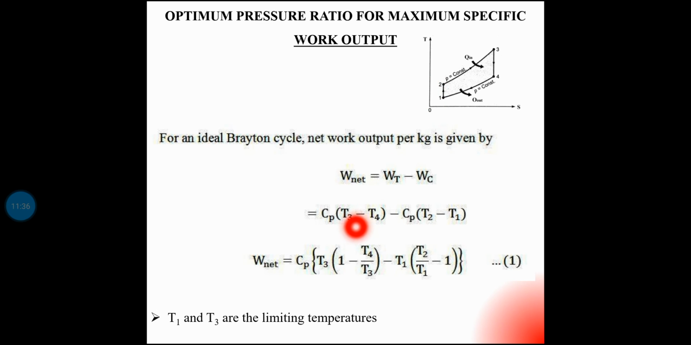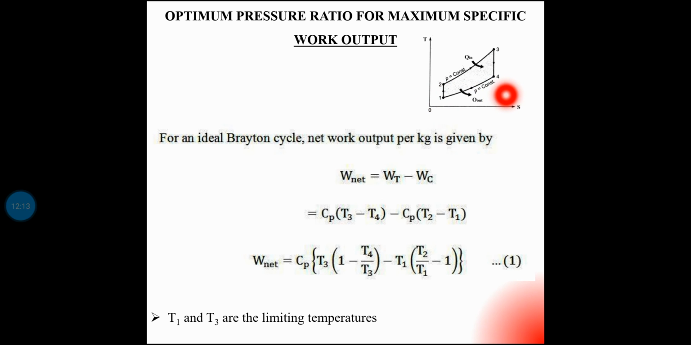Now taking Cp outside, and T3 outside, W net is equal to Cp into T3 into 1 minus T4 by T3, and here taking T1 outside, we will get T2 by T1 minus 1. In case of gas turbine, T1, that is atmospheric temperature, and T3, the turbine inlet temperature, are the two limiting temperatures, which affect the thermal efficiency. Thus,